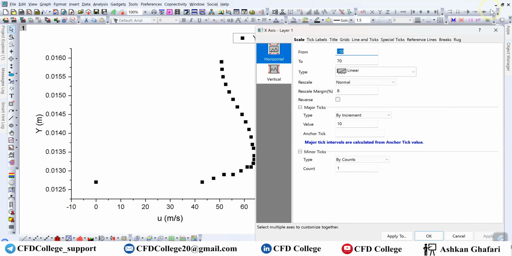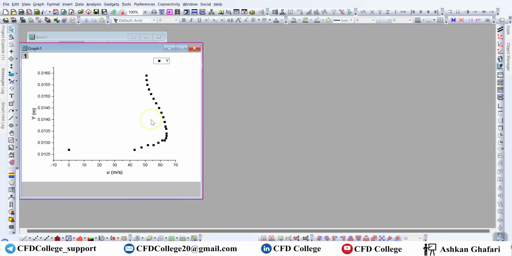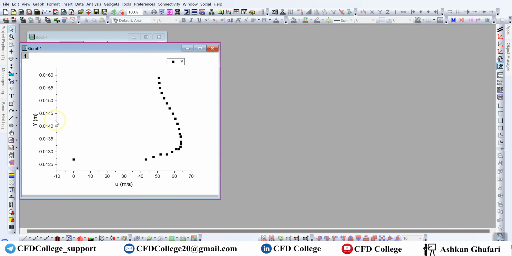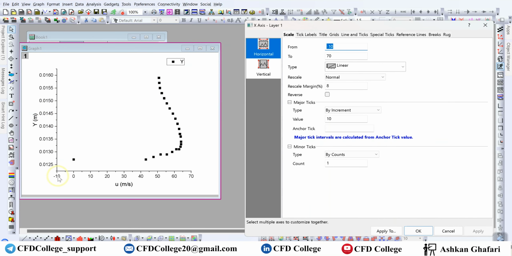Let me minimize this graph. Now again, I double click on the axis. Okay. So I think it's better to plot this data from 0 to 70. So from and to. So I want to start the chart from 0 up to 70. If you click on apply, you can see the change. Okay, for y-axis,